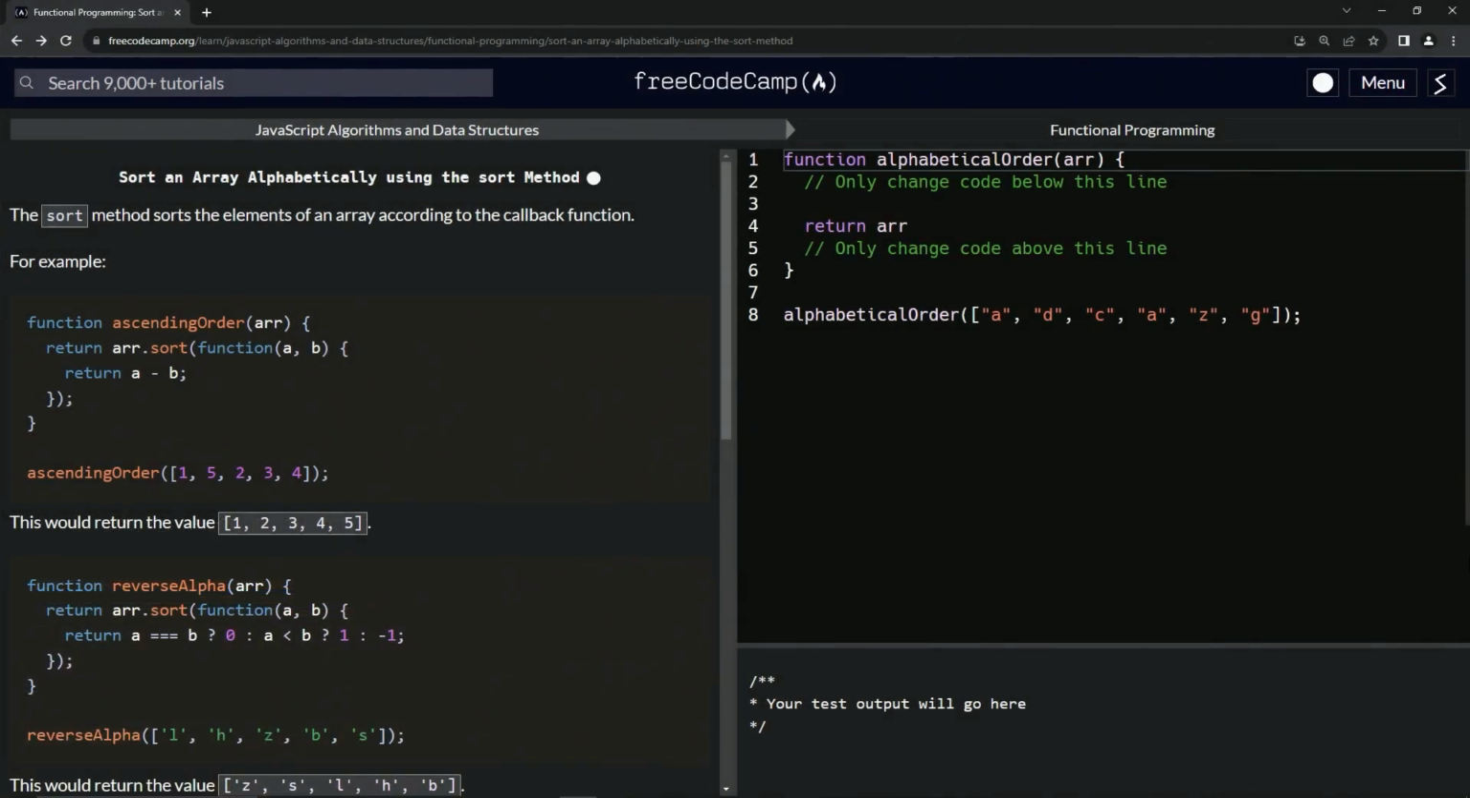All right. Now we're doing freeCodeCamp, JavaScript algorithms and data structures, functional programming, sort an array alphabetically using the sort method. All right. So the sort method sorts the elements of an array according to the callback function. For example, we've got this function ascendingOrder, which takes r as an argument, and we're going to return r.sort, and then we'll do this callback function inside of it, where it's got a and b